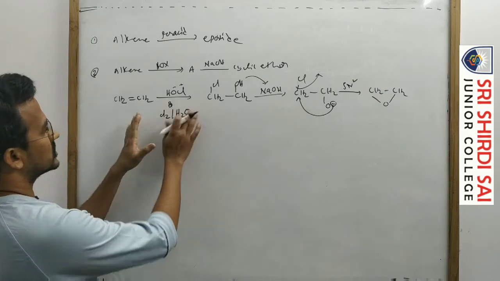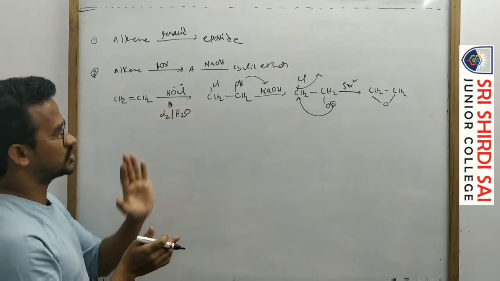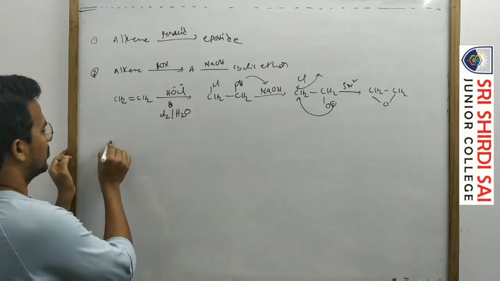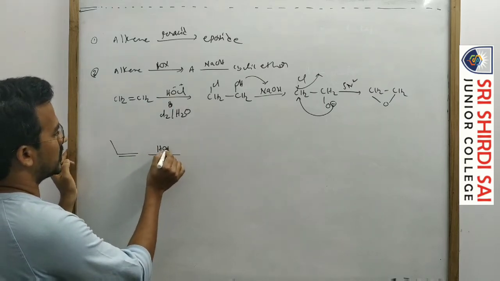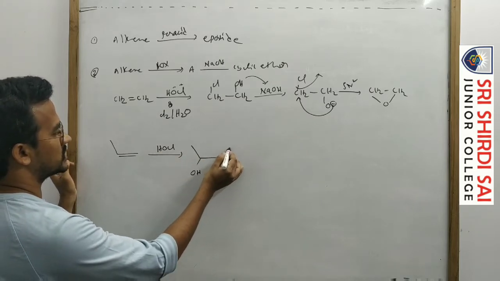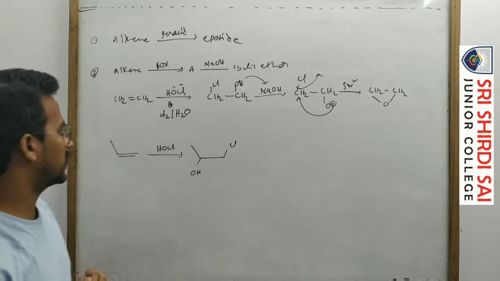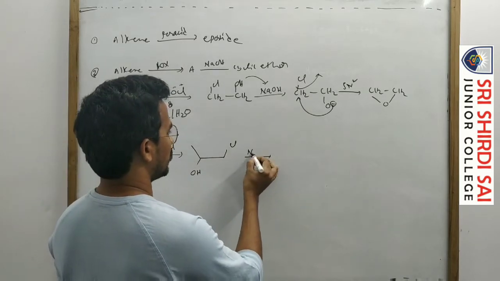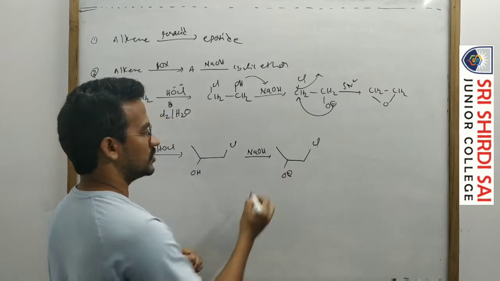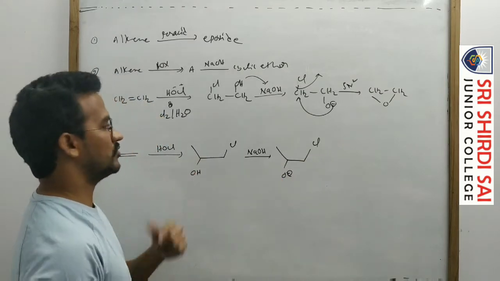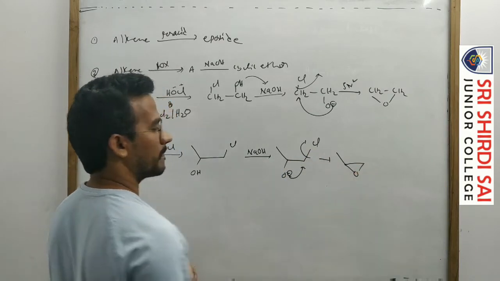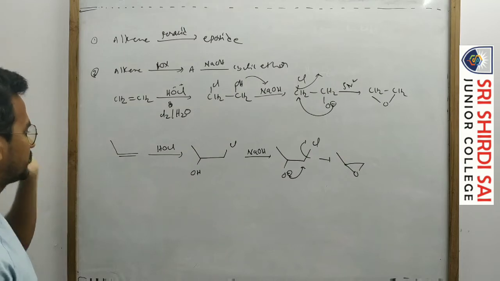So in this case, here HOCl, or Cl2 and H2O, that is addition of the HOCl. First suppose this one reacting with HOCl, Markovnikov addition takes place, so OH minus, Cl plus. Next NaOH, that base removes the H plus from the OH, the O minus nucleophile is generated, a strong nucleophile, then attacks the carbon bearing Cl. So an intramolecular reaction takes place, and we will get the cyclic ether like this. Okay, that is the cyclic ether.